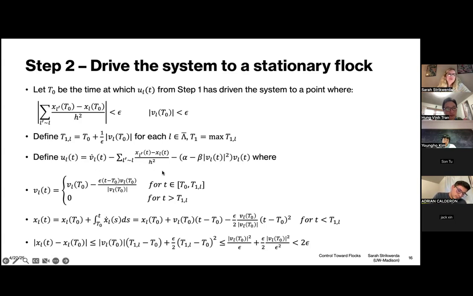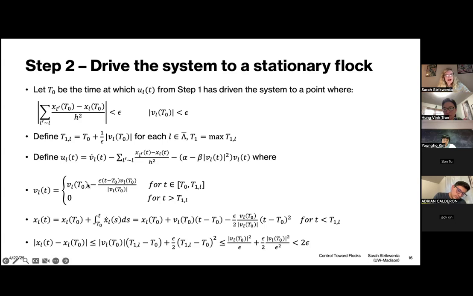So here I'm really just saying that we have a control that is going to drive the system towards this VL and this XL. So what we did is we kind of worked backwards, where I knew what I wanted. And so I wanted to get this VL to the place